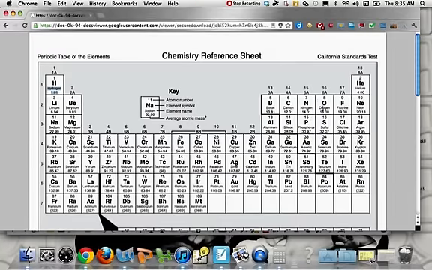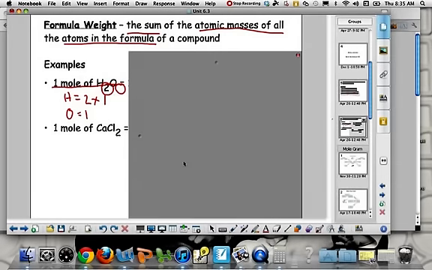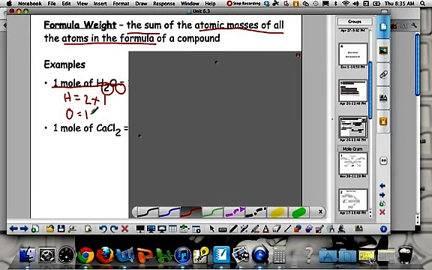Oxygen, we looked it up earlier, we'll look it up again, has a mass of 16. So that's the mass that I want to use for the formula weight. Oxygen has a mass of 16. So when I look at this, I have 1 oxygen, and that has a mass of 16. Now we have to do this math here and add those up to get the total weight of this formula